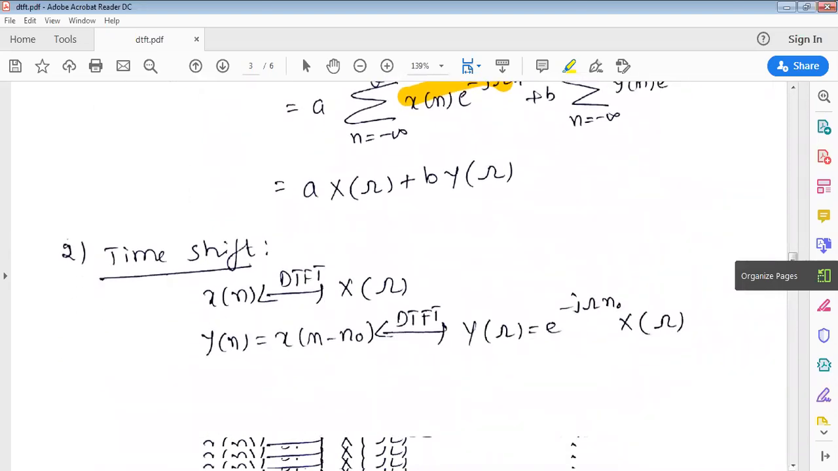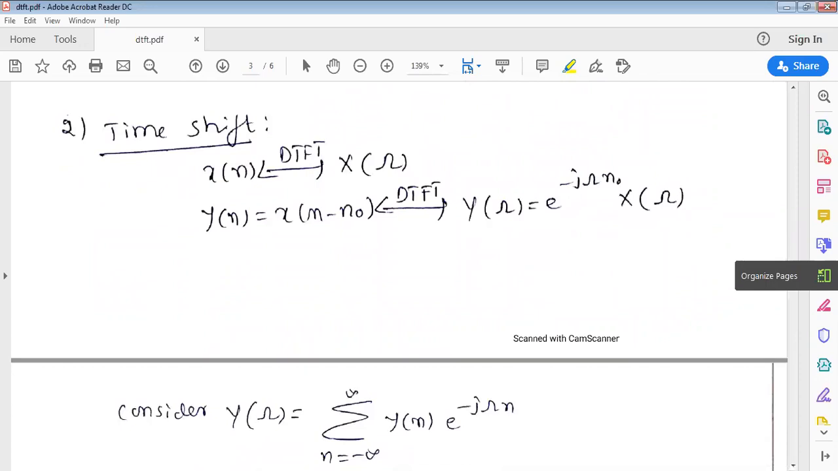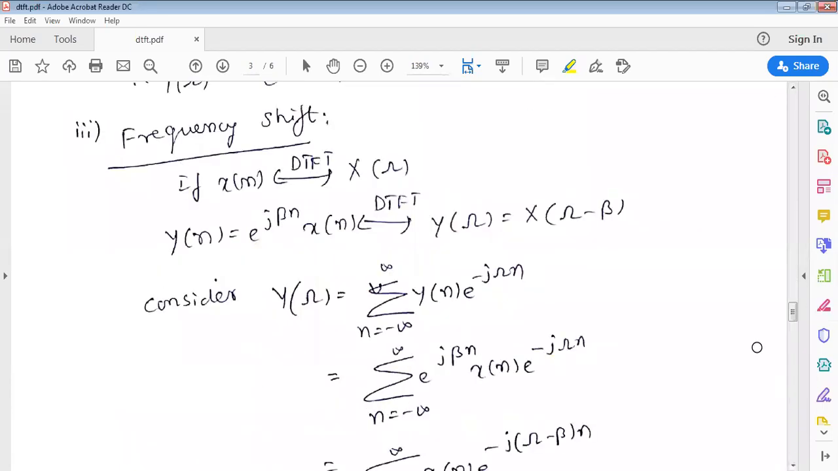Look into the time shift. Time shift. If x of n Fourier transforms into x of omega, then y of n is equal to x of n minus n naught. That Fourier transforms into y of omega. Y of n translates to y of omega, and x of n minus n naught Fourier transforms into e power minus j omega n naught x of omega. Therefore, now